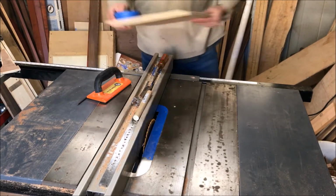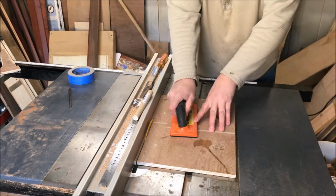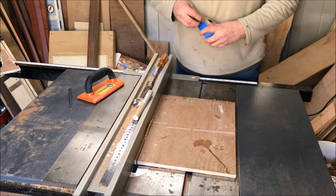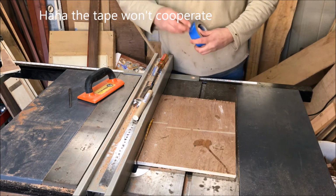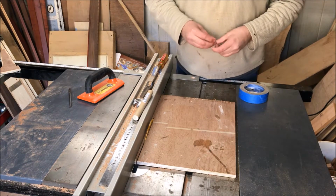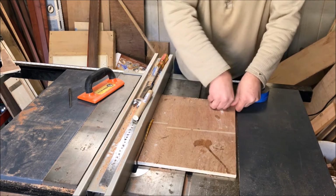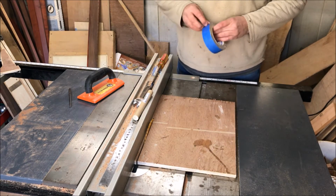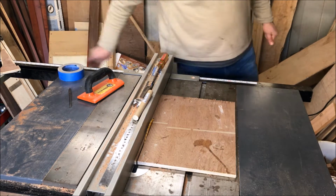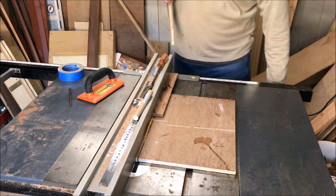So what you need to do is get a piece of plywood, and what I like to do just for safety is take a piece of the painter's tape or any other tape that I have, roll it up, stick it up under the corners there, and what that's going to do is keep that piece of wood in place. So, okay, now if I want to make these smaller cuts here, all I got to do